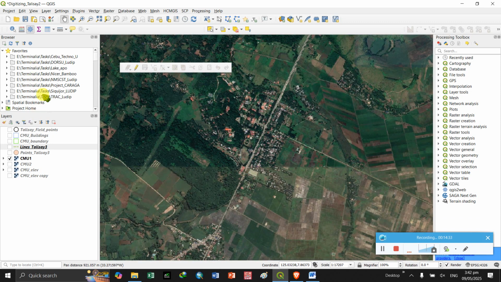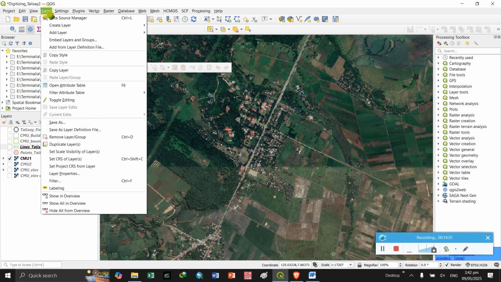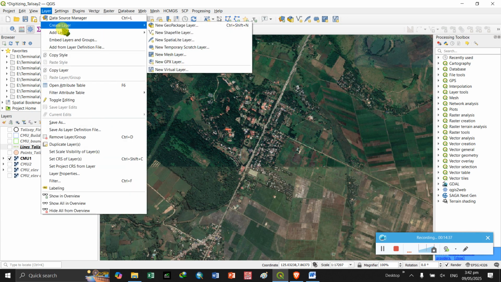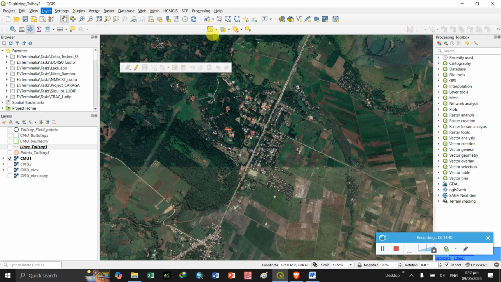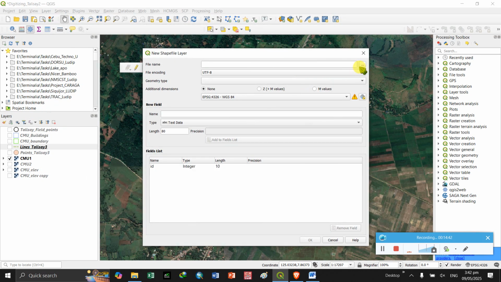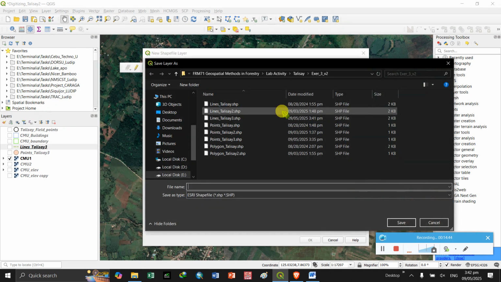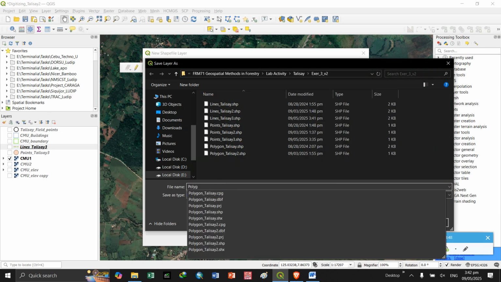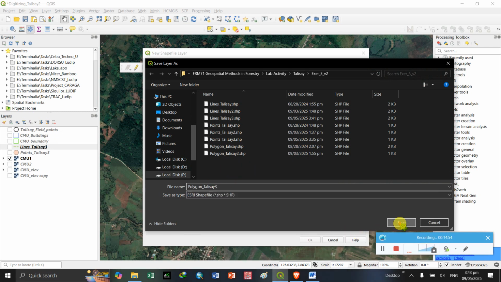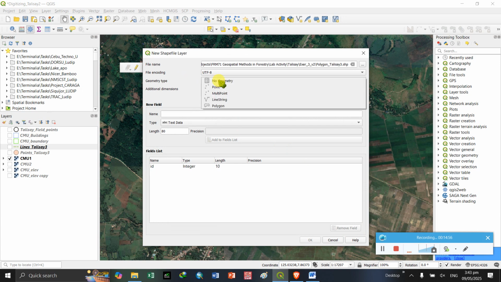So to create a new polygon, click on layer, create layer, new shapefile, and then create a file name. So say polygon underscore last name, then your version, click save, and then for the geometry you need to have a polygon.